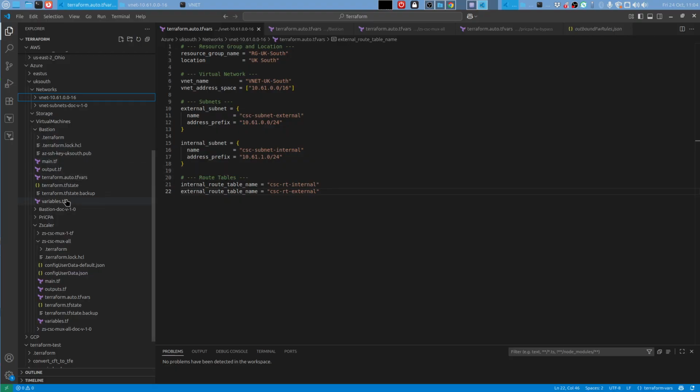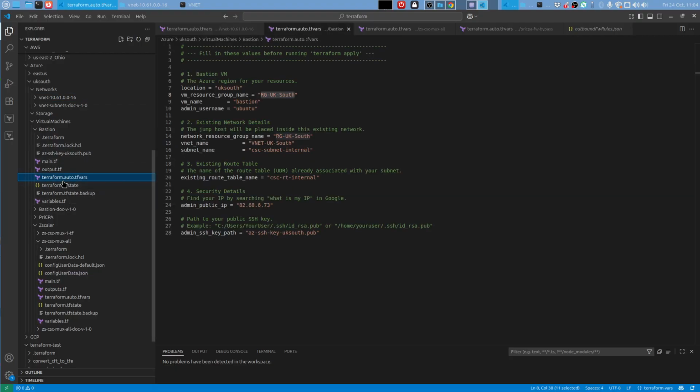Again, the format, main, and output variables you don't need to touch, but you need to come here to terraform.auto.tfvars and put your values. This is the location and resource group. I'm using the same resource group for all, VM name, username, and we're going to place this Bastion host in the internal subnet. Also, in the route table, I created a route back to my public IP. It also creates a security group, not shown here, allowing only SSH from my IP. And finally, I will access the Bastion host using this